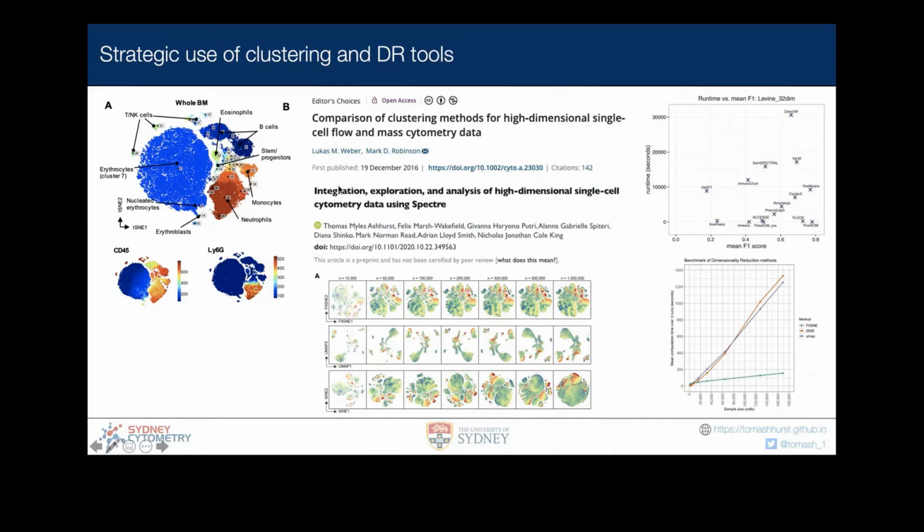But this also applies to dimensionality reduction. When we run things like t-SNE or UMAP, various popular versions of dimensionality reduction, these have a similar paradigm. Some work better than others, some are faster than others, but there are some limitations with dimensionality reduction that are a little bit different. As we increase the number of cells being added onto a plot, we end up in a situation which we refer to as data crowding. So if you look at the bottom example here,